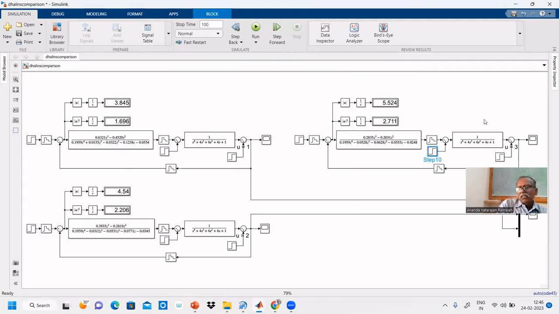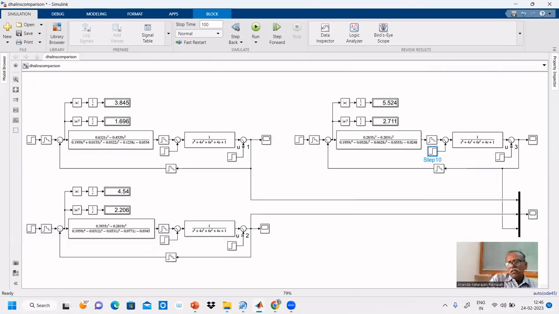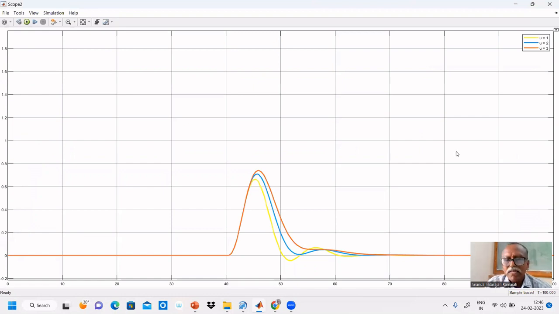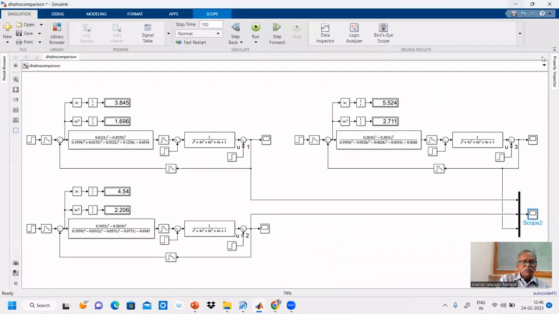Let us see all the responses together. Mu equal to 1 means yellow. Mu equal to 2 means close to time constant, blue. Close to time constant, equal to open loop time constant. That is, 3 means red. You can see that the response is better for mu equal to 1. It reflects in ISE also. You can see all together also. That is also possible. For that, you have to give